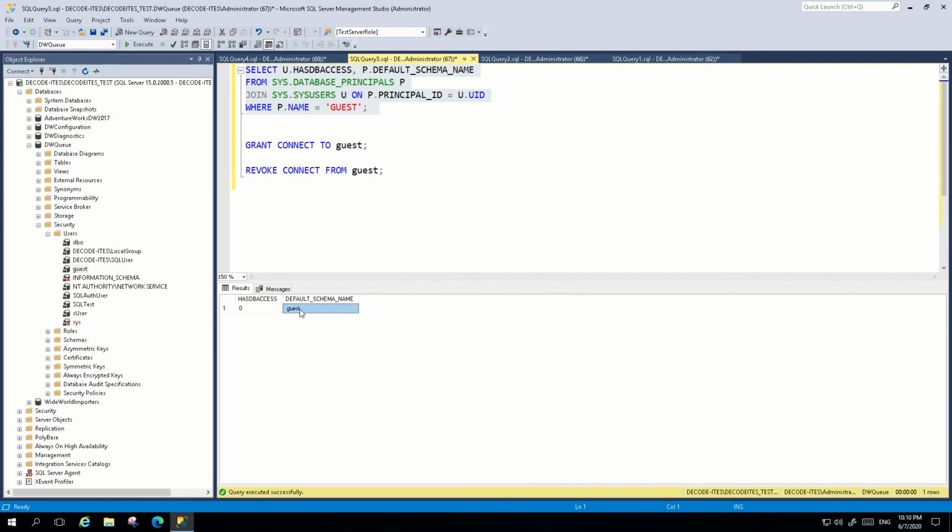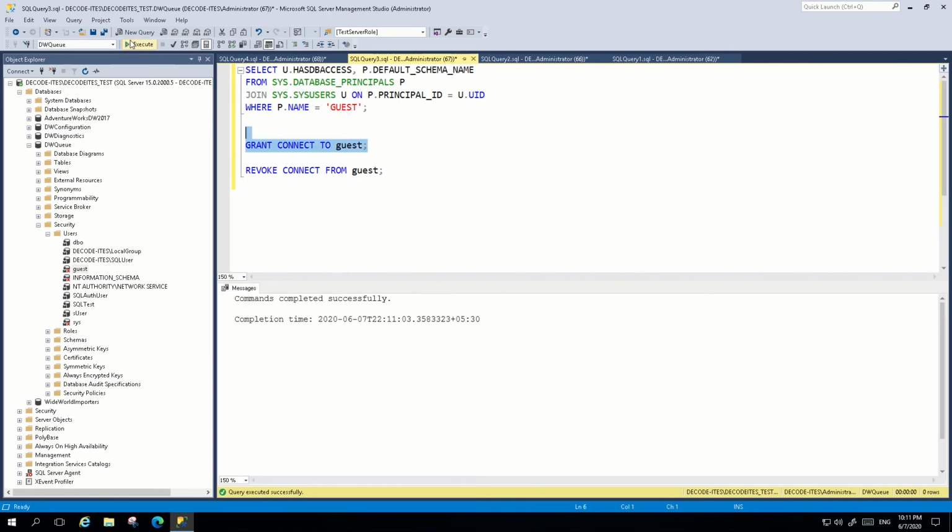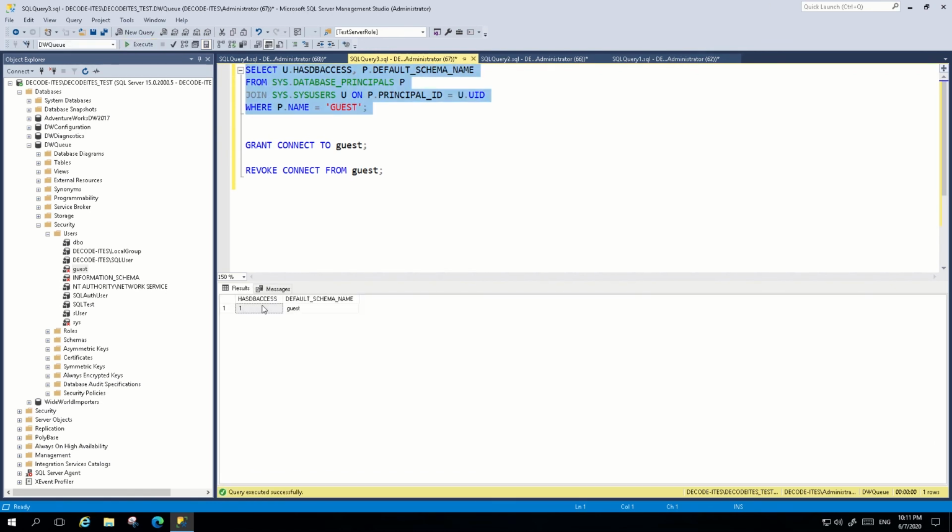Now you can see the guest user is disabled. Similarly, from here you can see guest is disabled now. To enable it again, you can run the grant command, and now you can check guest is enabled again. Similarly, you can check this from the GUI.